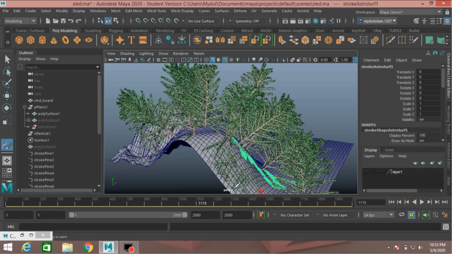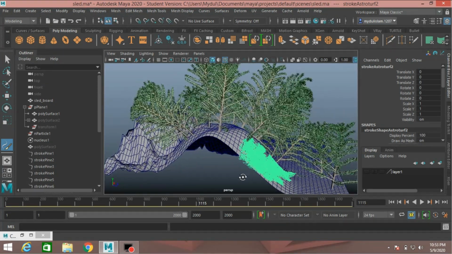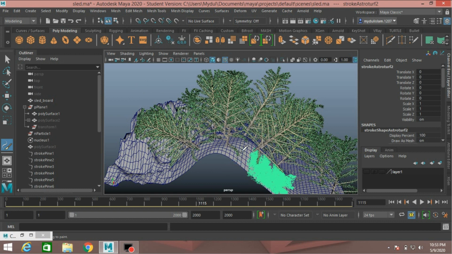As you make the surface paintable, this will only paint above the surface of the plane or terrain.